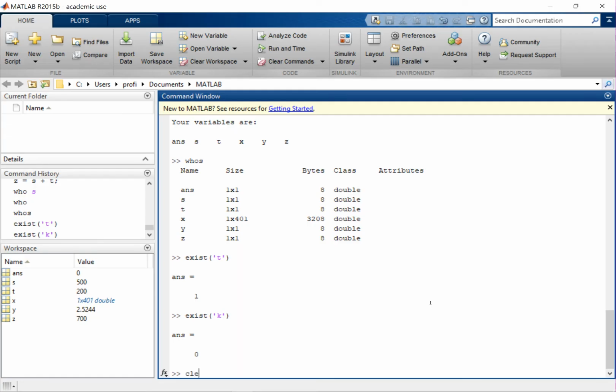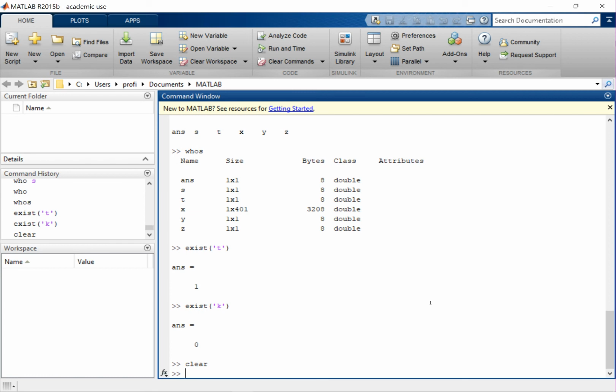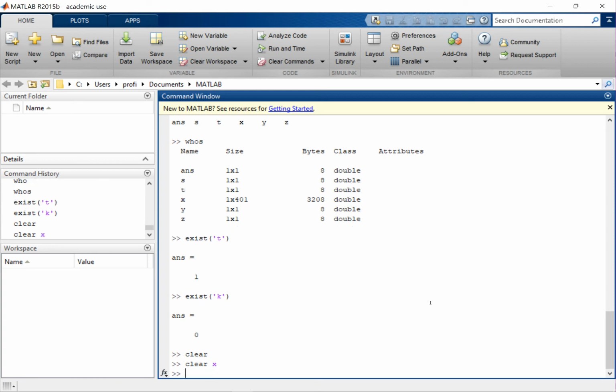If I do a clear, notice the workspace disappeared. Everything that was in the workspace is now gone. Right? And I could do a clear X, for example. There's no X there because I already cleared it right there. But if I go all the way back here,